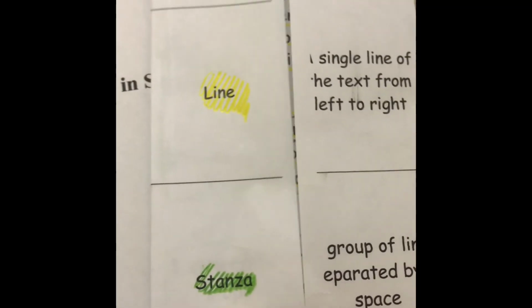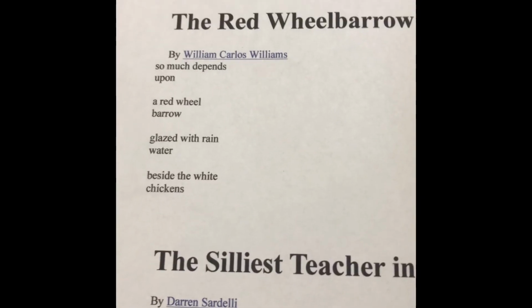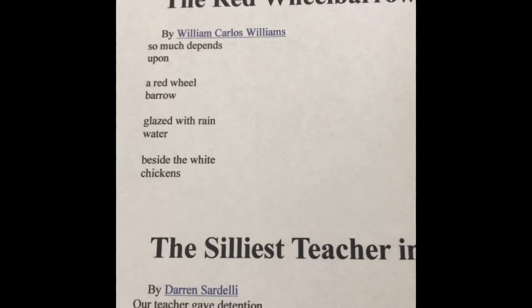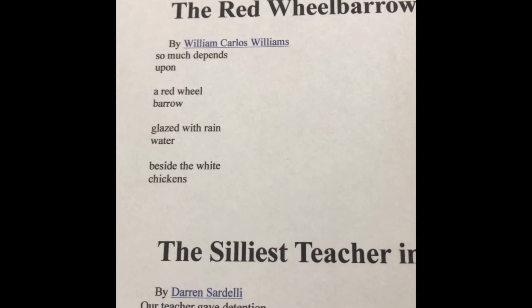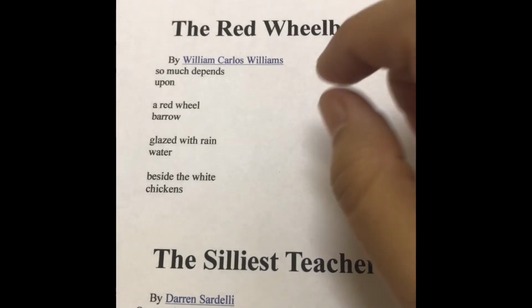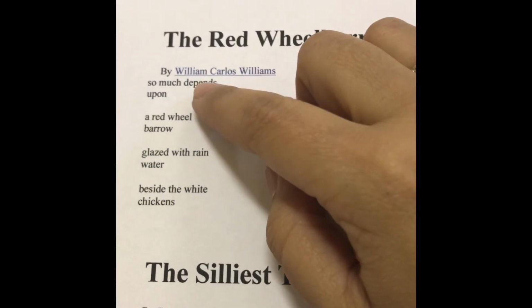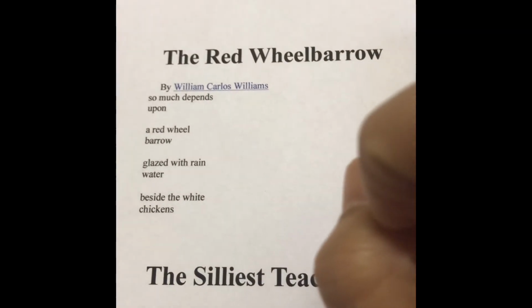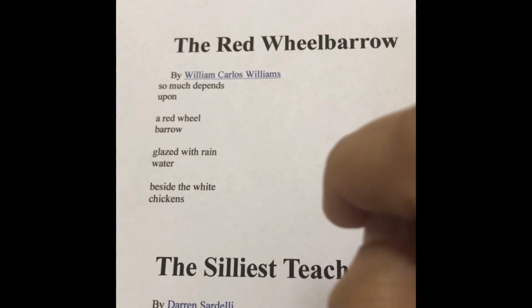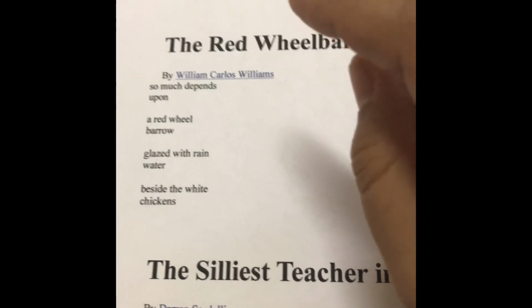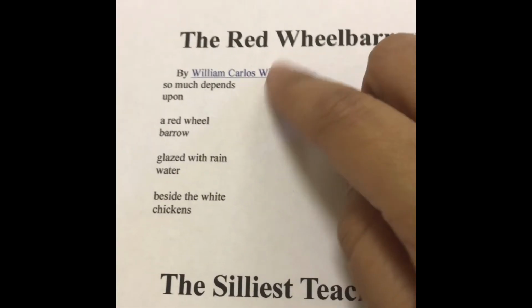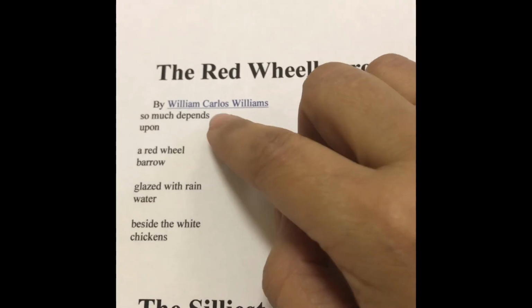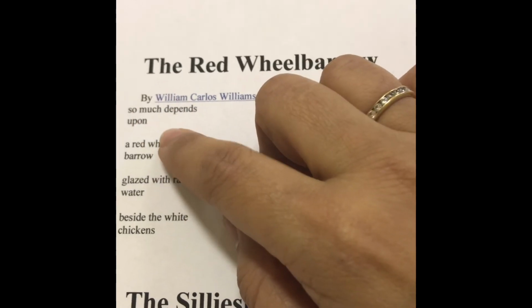Because stanzas are our third part of a poem. So how many stanzas does this have? All right, so if we look at it, we have 1, 2, 3, 4. Okay, 4 stanzas. And then the rhyme. Okay, the rhyme scheme or the pattern of the rhyming words. So we have depends, upon,